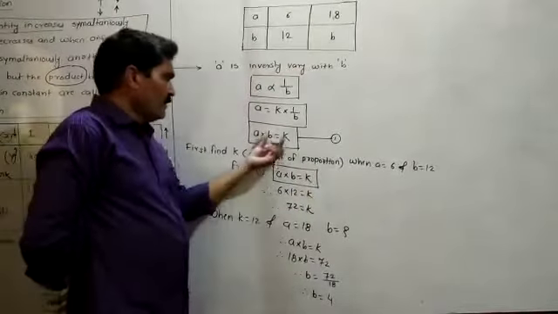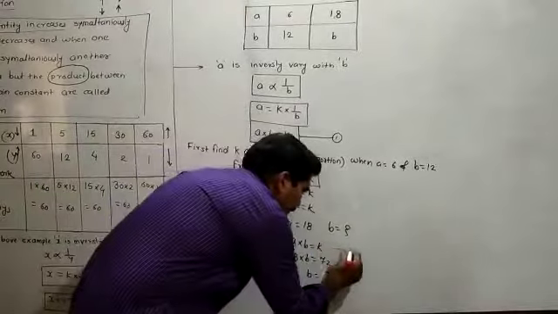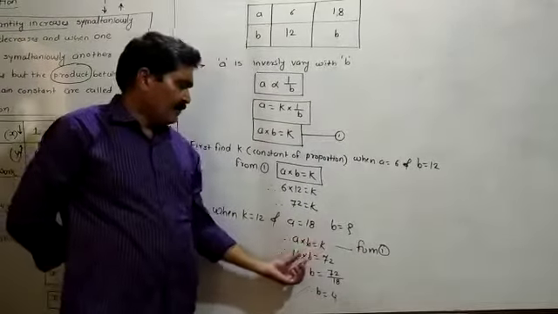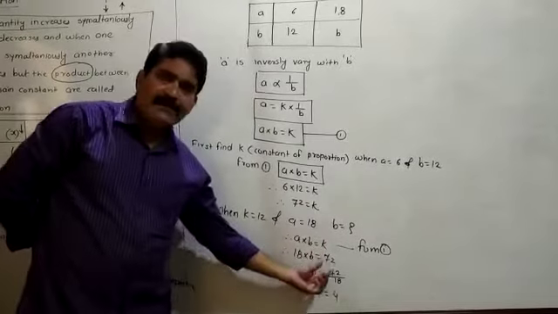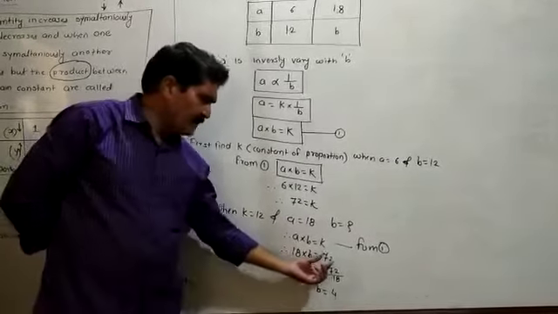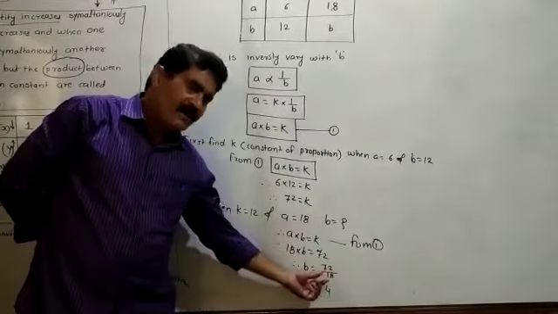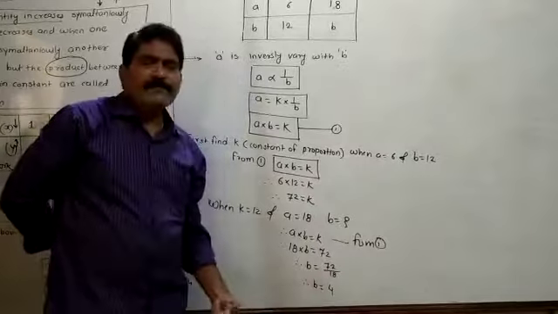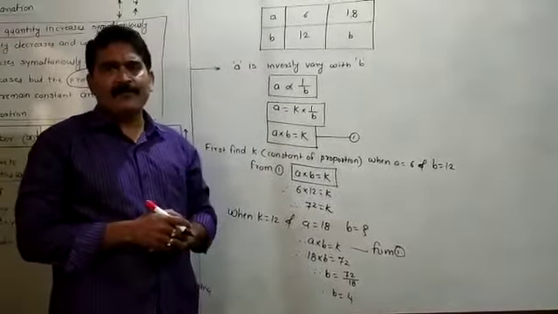At that time you have to say that A multiplied by B is equal to K. So 18 multiplied by B is equal to 72. So you have to transpose this multiplied by 18 that side. Multiplied by 18 becomes divided by 18. 18 ones are 18, 18 fours are 72. Therefore you will get the value of B as 4.